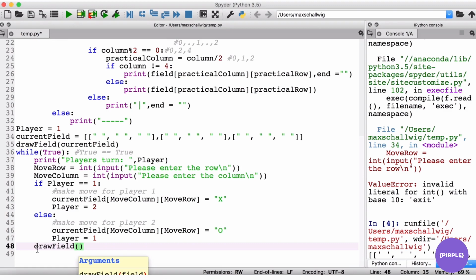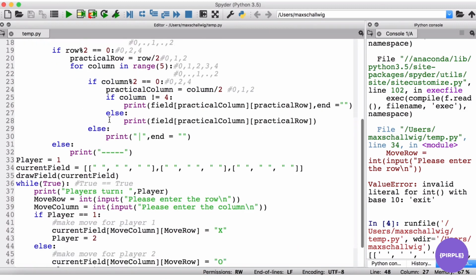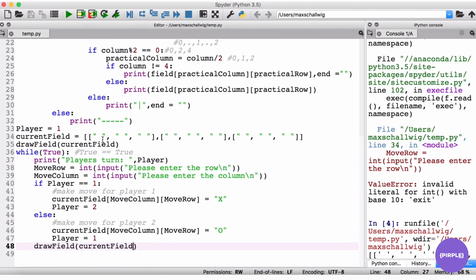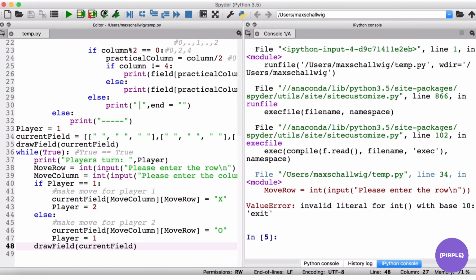And in here, our field is also going to be the current field. So all that we've done here is, instead of printing this list, we're actually using the draw field function that we created earlier that draws our field. And we'll draw it once in the beginning when it's empty, and then we draw it every time after a player makes a move. So if we make this bigger again and we run our code,